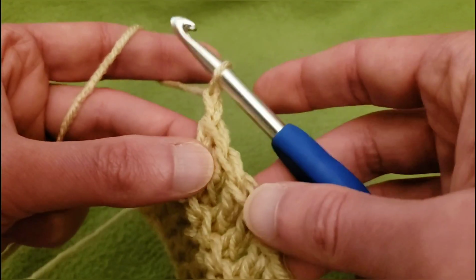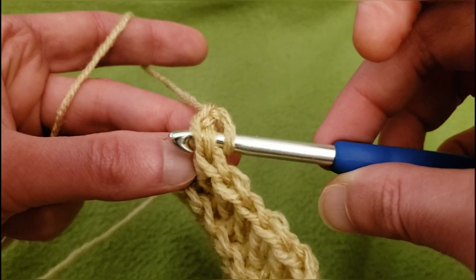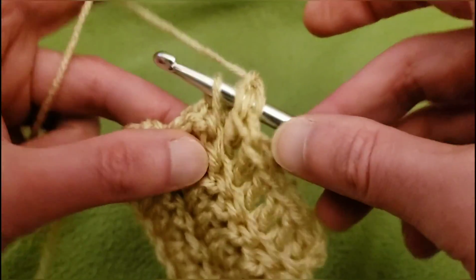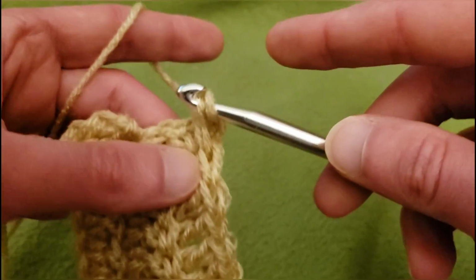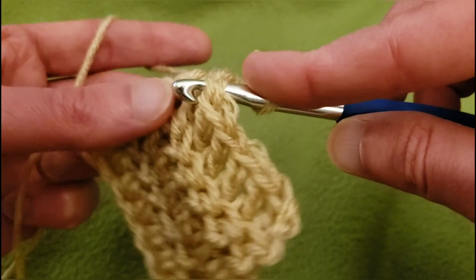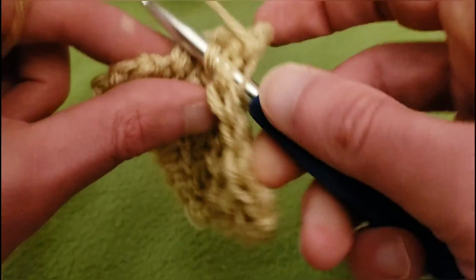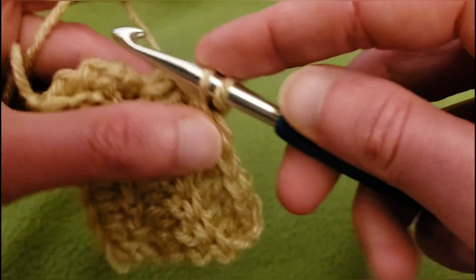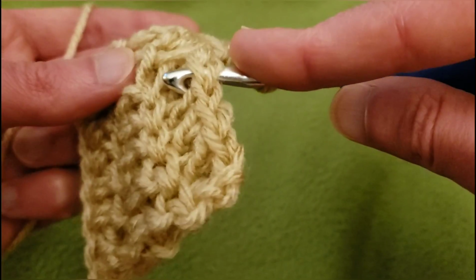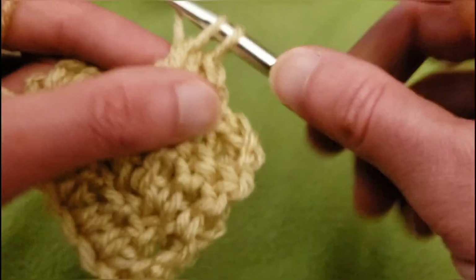Going to chain up 1 and then go through both loops of that stitch and the loop down below and do our single crochets. So pull through 3, pull through 2. And then into the next stitch underneath both, and then down below, pull through 3, and then through 2, next stitch, and down below, pull through 3, pull through 2,